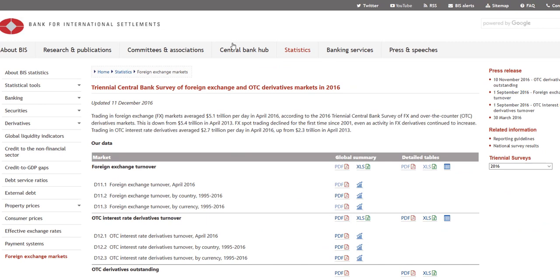Now we are at the website for the Bank for International Settlements. This is an organization where the members are the central banks around the world, and it compiles data supplied by each one of them on several types of transactions, including the foreign exchange market. Every 3 years we have the survey of foreign exchange and over-the-counter derivatives markets. The last one was conducted in 2016. We're going to go to the detailed tables to access the information. These links are provided below the video.